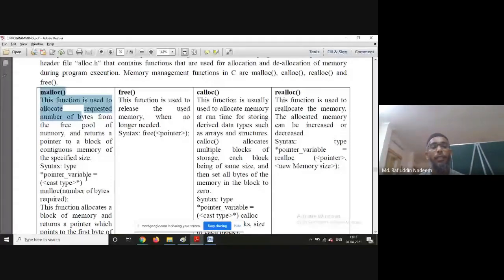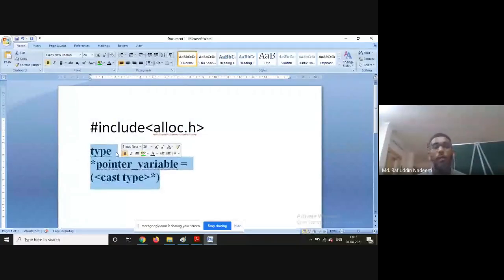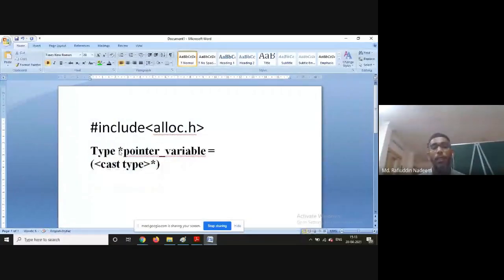So the syntax for this is like this one: the type, then the pointer variable name, equals typecasting, malloc of the size.